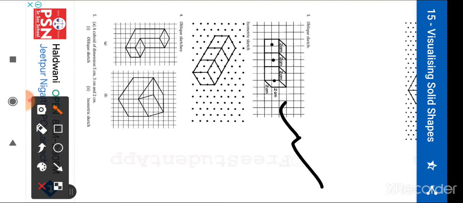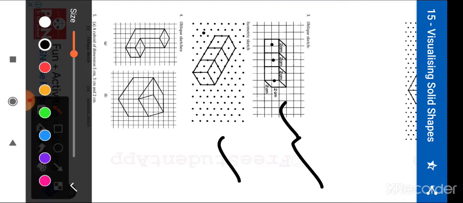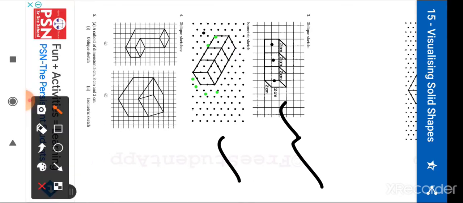In the same manner we can draw its isometric sketch. In this sketch the length of the diagram is 8 cm, breadth is 2 cm and height is again 2 cm.